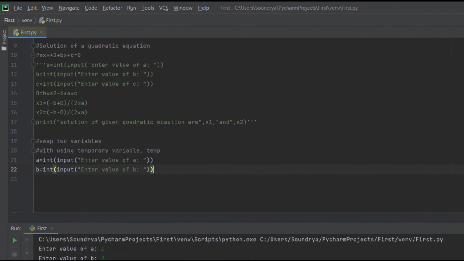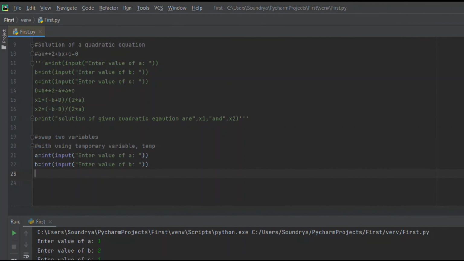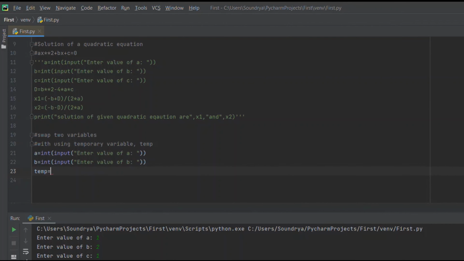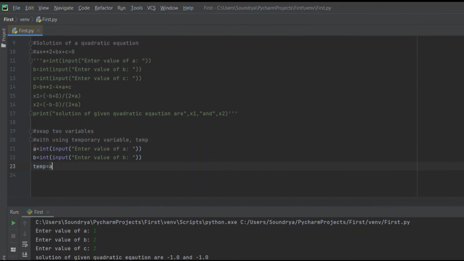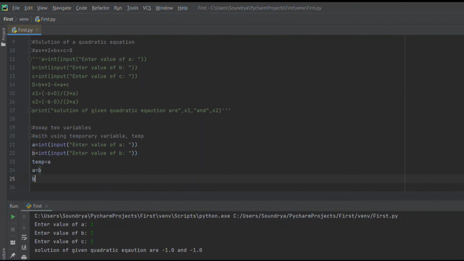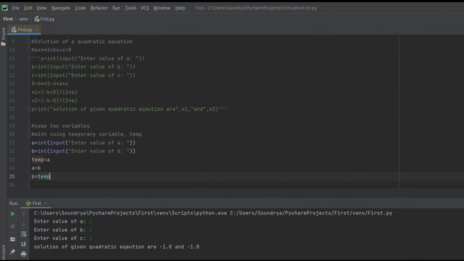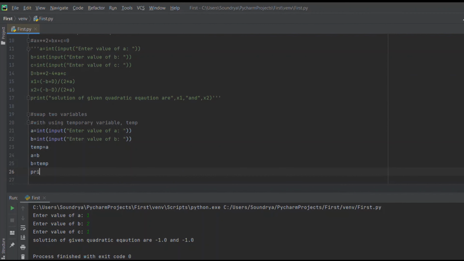Now we have taken input by user. Now temp equals a, a equals b and b equals temp, and print